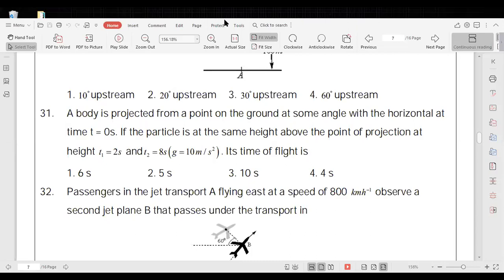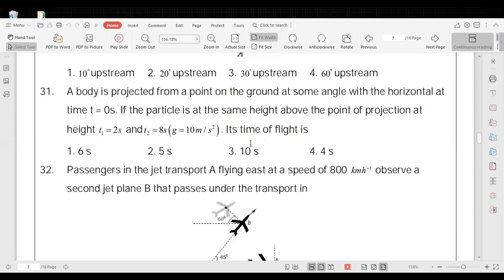Yeah, T is more than 10 seconds. That's why Mokshit Reddy, 10 seconds we got, no? If the body is at the same height at 8 seconds, then T is more than 8. So from the options, the answer is 10. Definitely, very good. Simply by logic we need not even calculate. Directly by logic, the time of flight must be greater than 8 seconds, and only one option is there. That is the answer. Okay, right. Next.